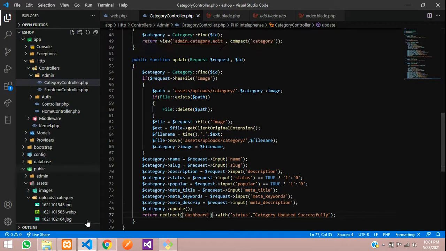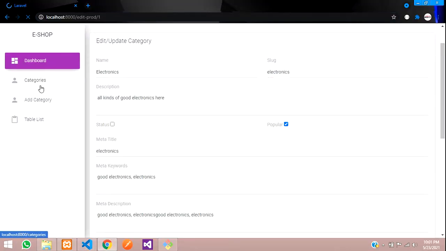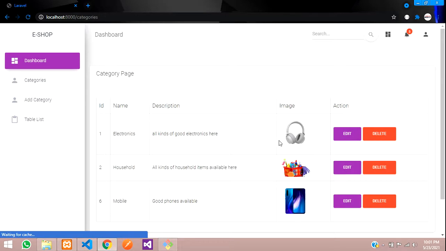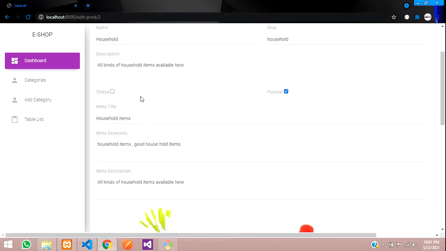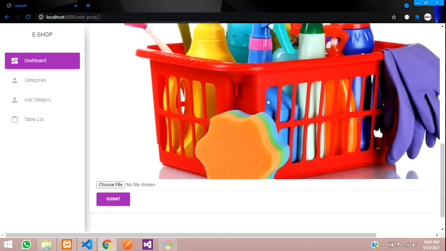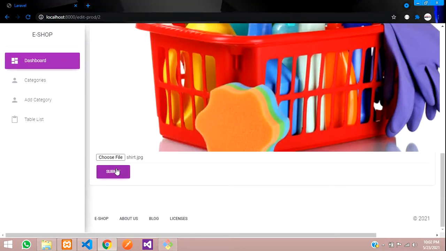So now let us go and test this code. So here it is, edit product, refresh, we'll go to all categories and check the different things. So this household thing is there, right? I'll just click update, edit. I'll keep status as 1. It should be hidden, and I'll remove the popular status. Okay, this image is so big, we'll add the CSS for this too, and we'll change the image for this. So we'll take this short image and say open. I'm going to say submit,